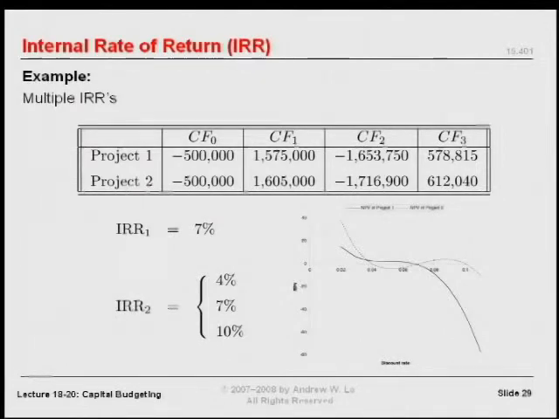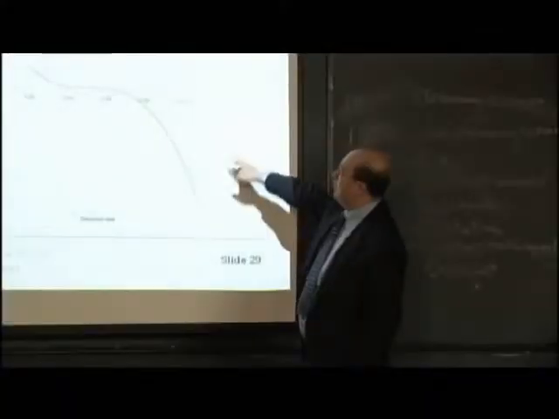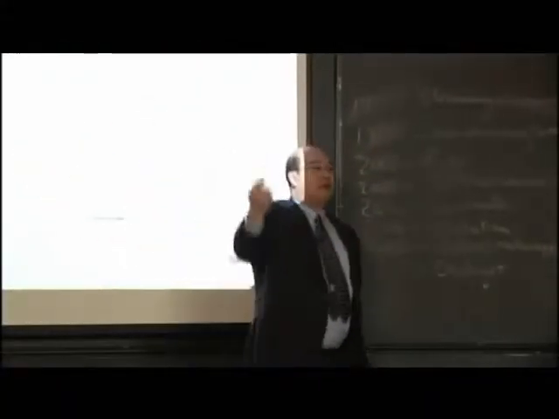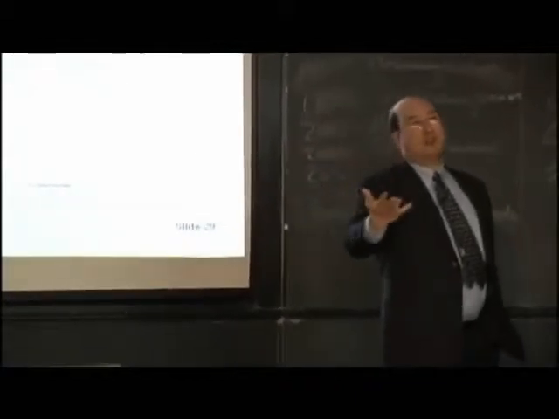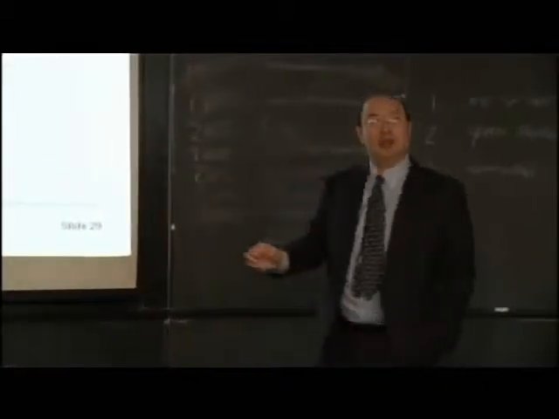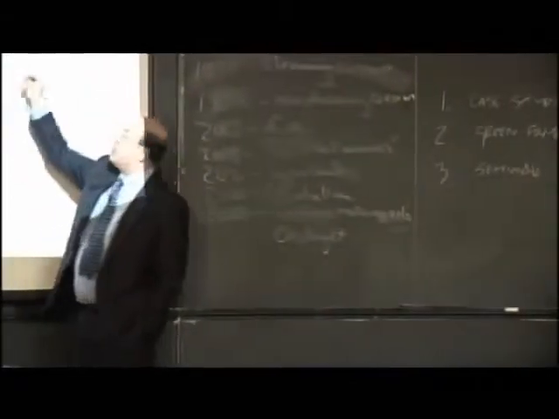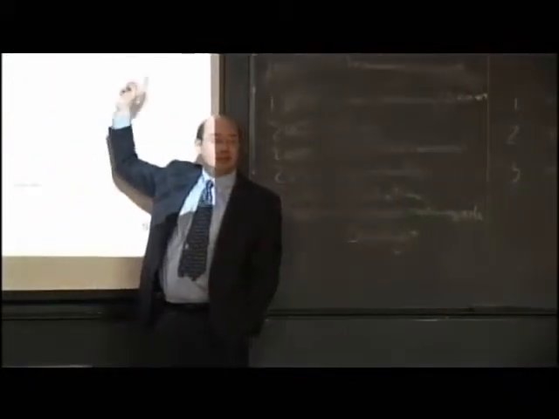So this is a graph of the polynomial. In this case, it's a third order polynomial, right? And so what I'm doing is I'm calculating the NPV of project 1 and of project 2 as a function of the underlying interest rate. And an IRR corresponds to a situation where the NPV is equal to 0, right? The break-even point. What you'll notice is that the zeros are where this curve intersects the y-axis, or the x-axis,